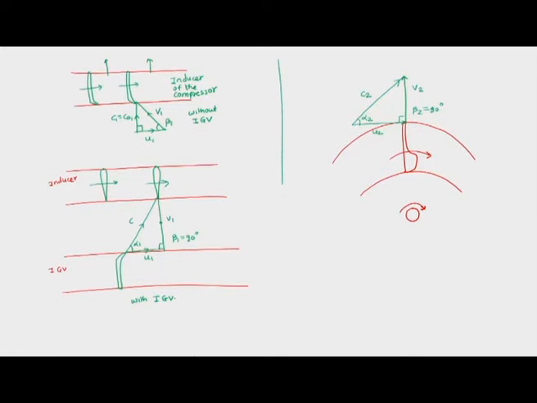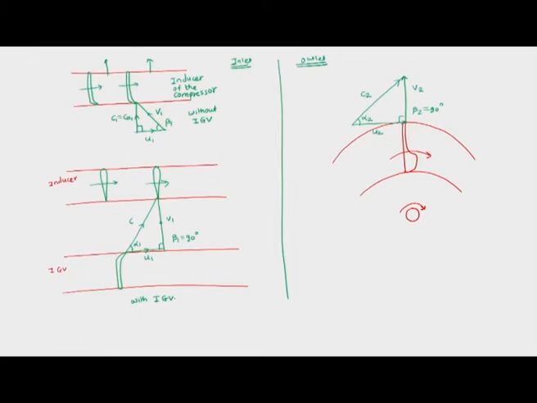So if we see, this part is for inlet and this part is for outlet. This is the outlet velocity triangle in case of radial vanes, but vanes need not be radial in a centrifugal compressor. They can be of different types. They can be either backward curved or forward curved. This one is radial.